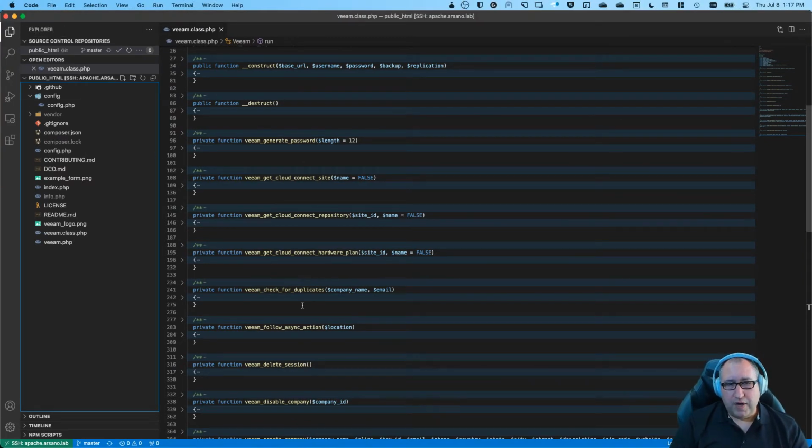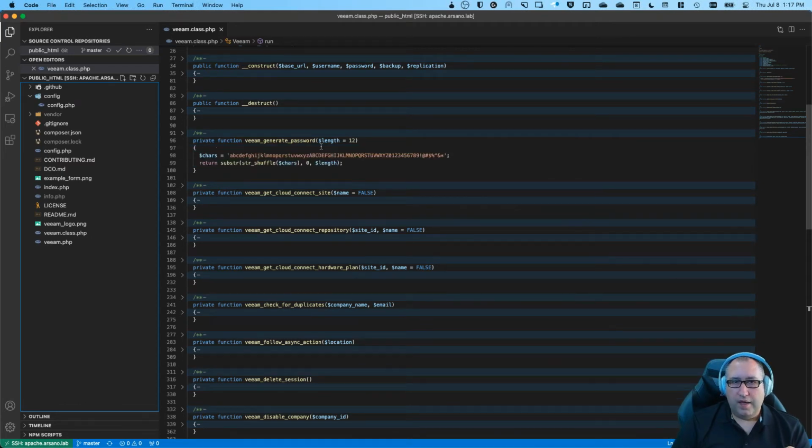So here's the project that I'm going to demo for you today, the custom integration that I wrote. Okay. And notice I have functions to do a whole lot of things. Generating a password, retrieving information, checking for duplicates, right? Every single one of these functions has an input and it has an output. Okay. And you can totally multitask